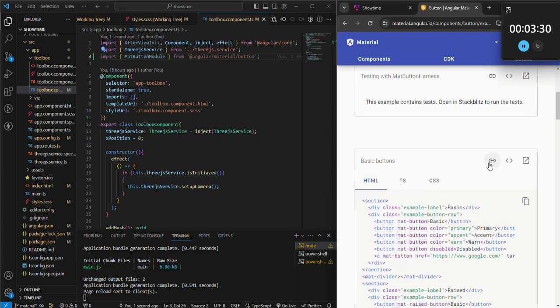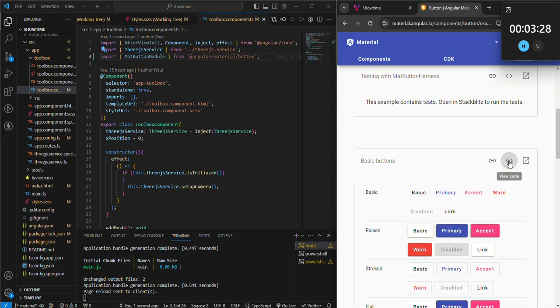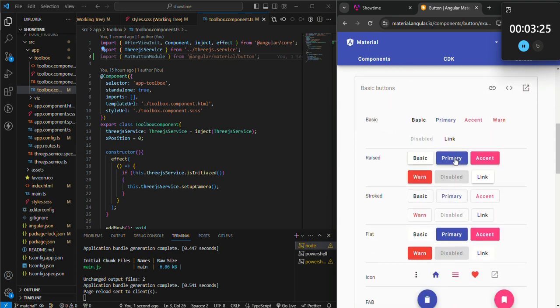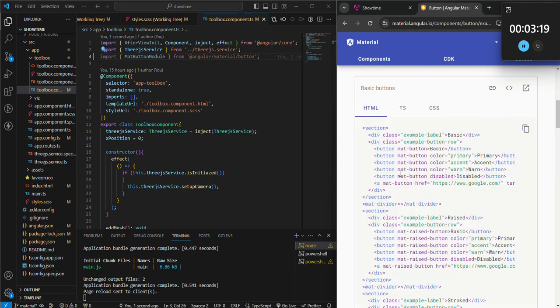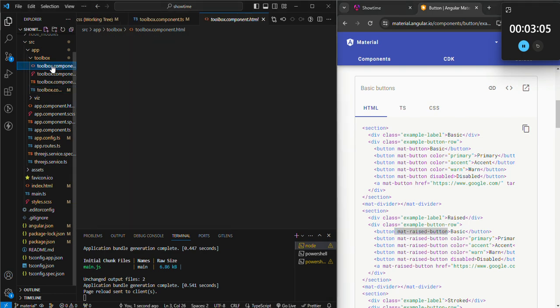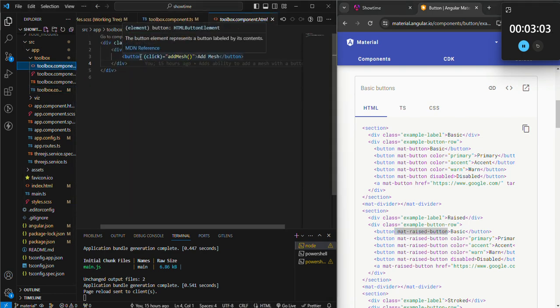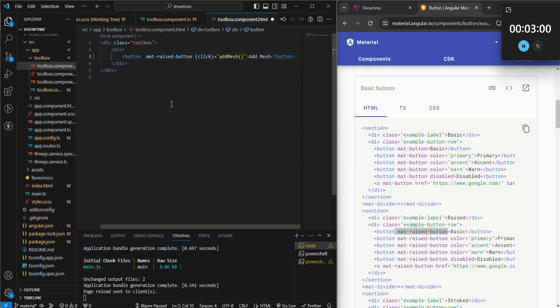Let's see. We want a raised button for the moment. Or no, let's go. Yeah, let's go with a raised button. They're easy. Once you get it in there, it's super easy to switch between. But just copy this code, mat raised button. We'll go to our HTML, and we'll change this to mat raised button, and then